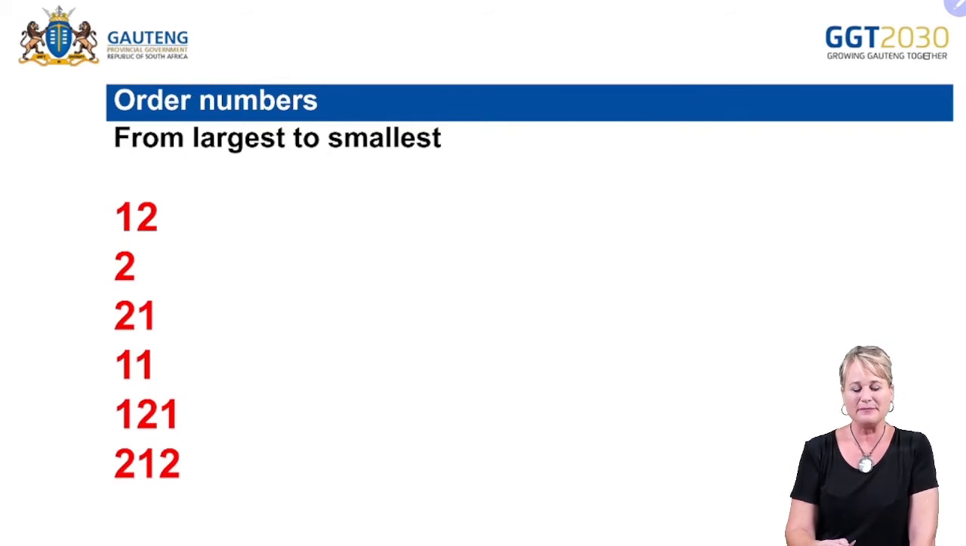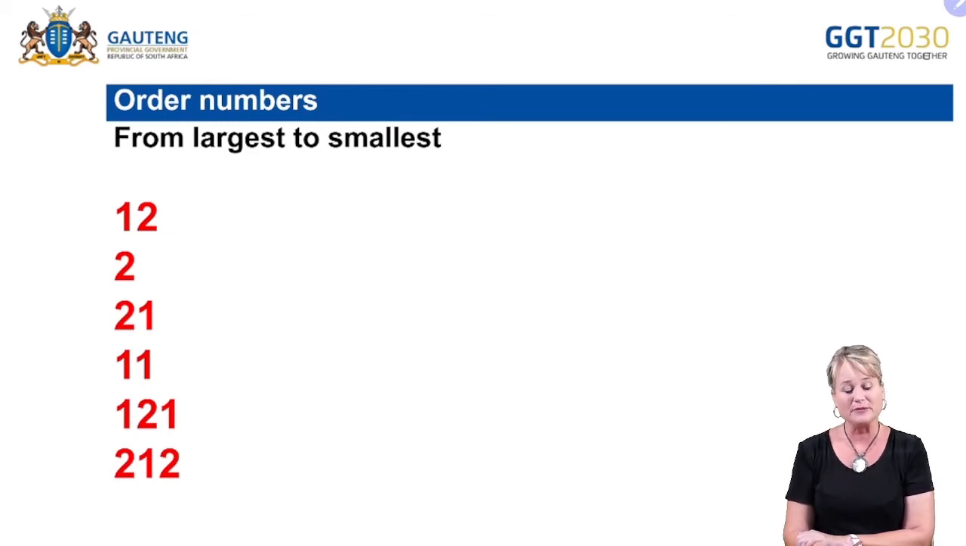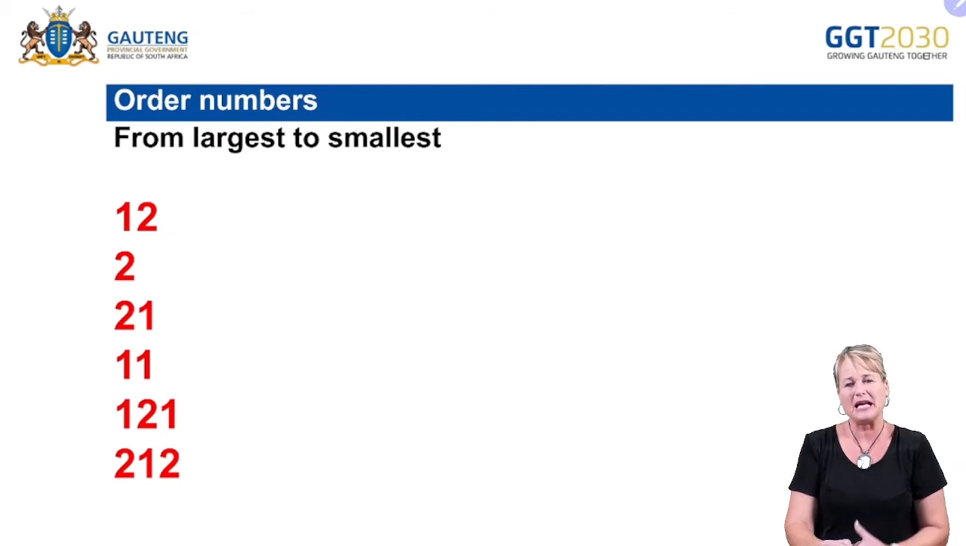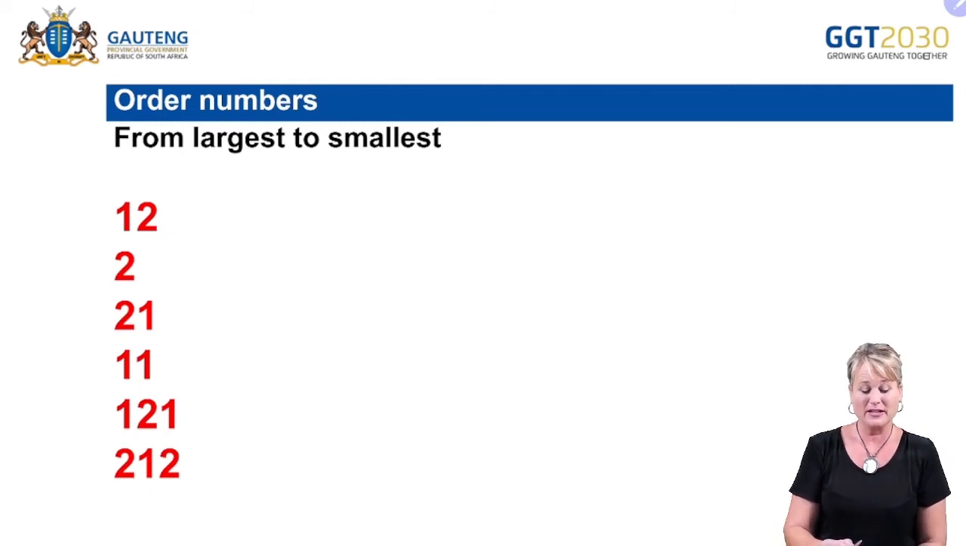Let's have a look at these numbers, and we are going to order them from the largest one down to the smallest one. And they are quite confusing because there's a couple of 1s and 2s, but we have to read them so that we know what the value of the number is. How much is that number? The first one says 12, then 2, then 21, 11, 121, so that's 100 more than 21, and then